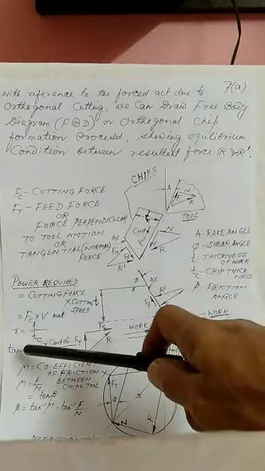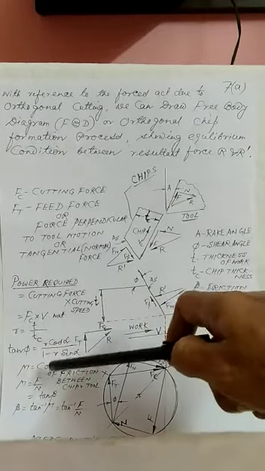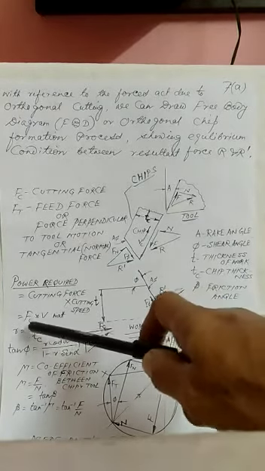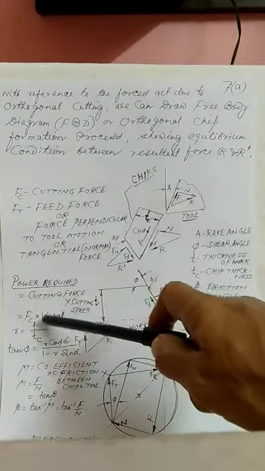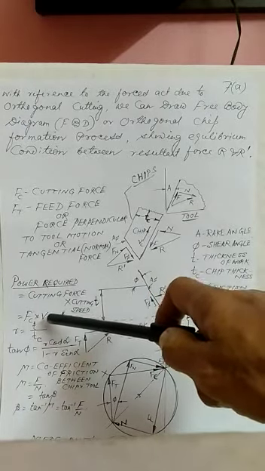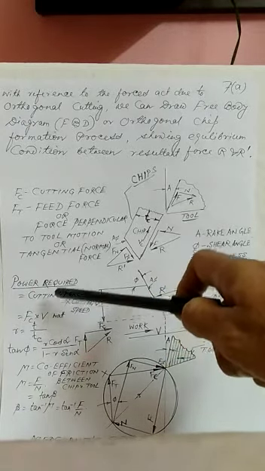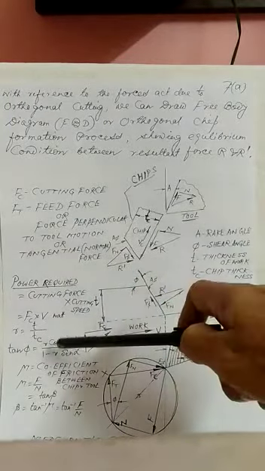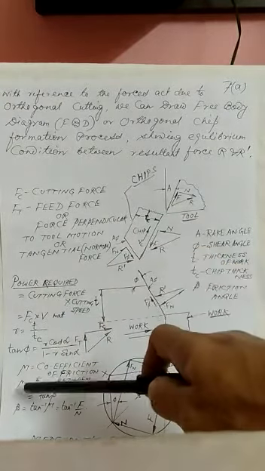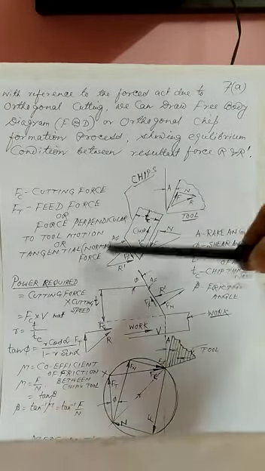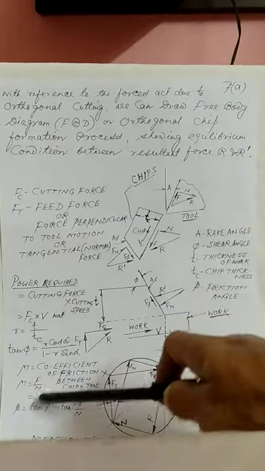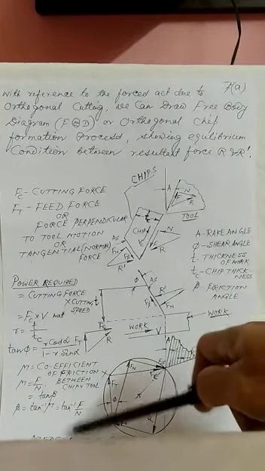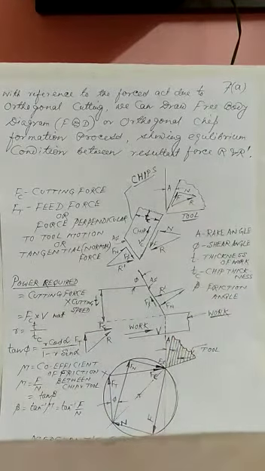So we can calculate the shear angle: tan phi equals r cos alpha by 1 minus r sin alpha, and also we can find this power FC into V. V is the cutting speed in meter per minute, which can be expressed by pi dN by 1000, where d is the diameter of the job in millimeter. And we can also calculate mu, the coefficient of friction, F by N, and tan beta, the friction angle, is tan inverse mu, so tan inverse F by N. So we can calculate the power here very clearly. Now